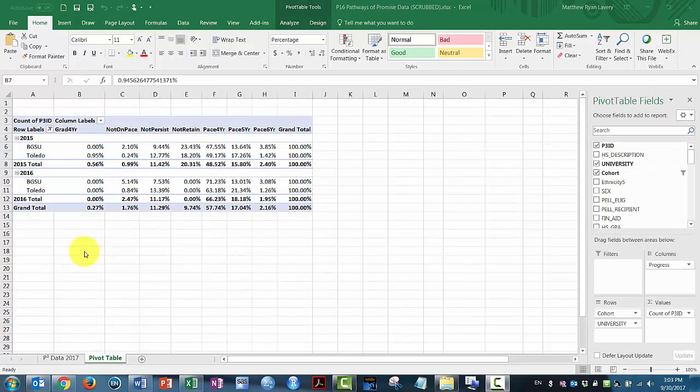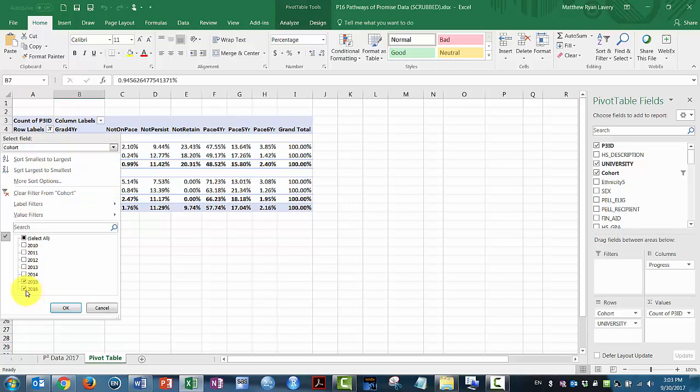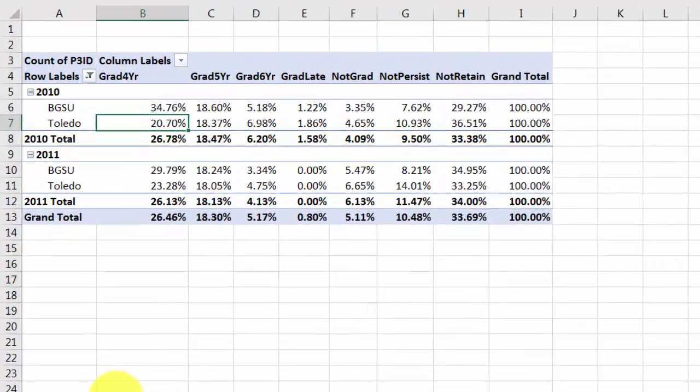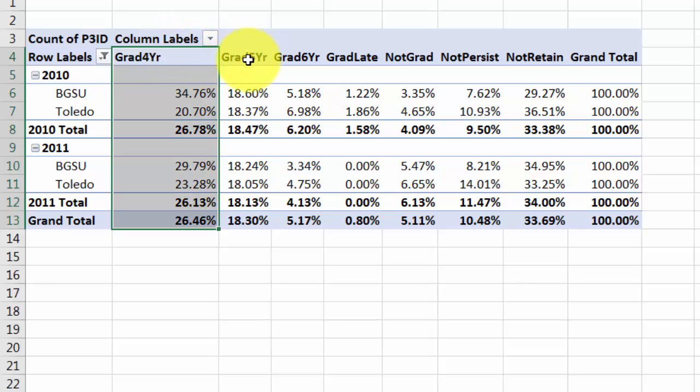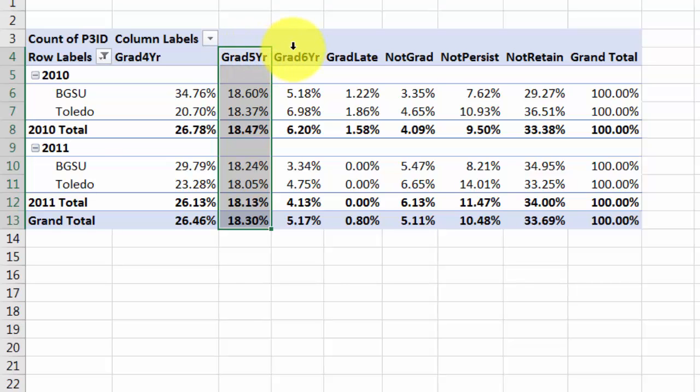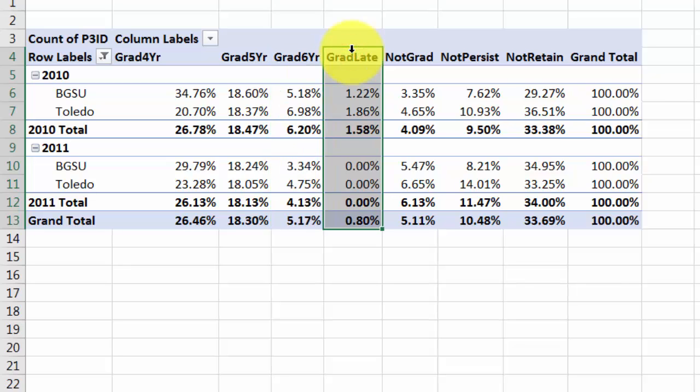Now, I'd also like to see the graduation outcomes for students who have been enrolled in college for at least 6 years, and so that would be the 2010 and 2011 cohort. Now, as soon as I select that, you'll notice that the columns change because the PACE variables don't apply. It only shows data in the columns that contain data. So we've got the 4-year grads, students who graduated in 4 years or less, students who graduated during the 5th year, students who graduated during the 6th year, students who graduated during the 7th year or later than the 6th